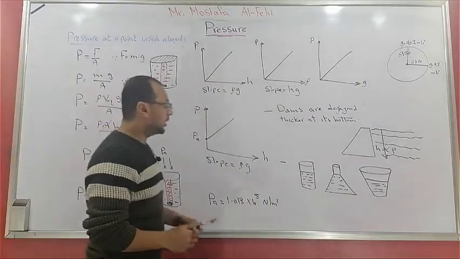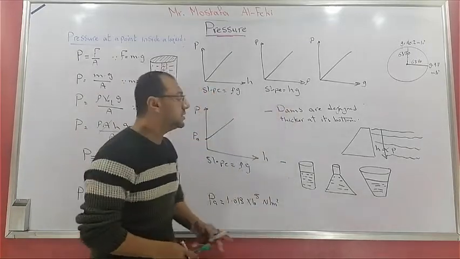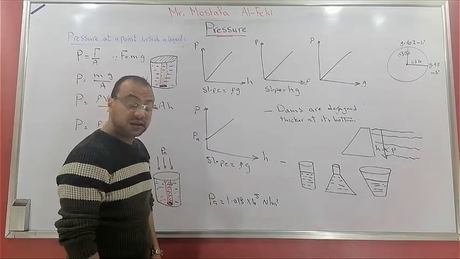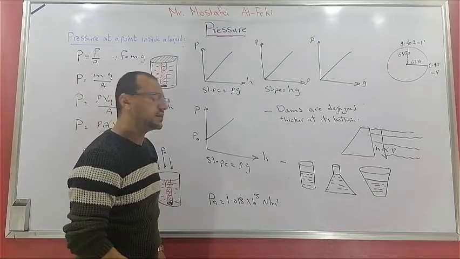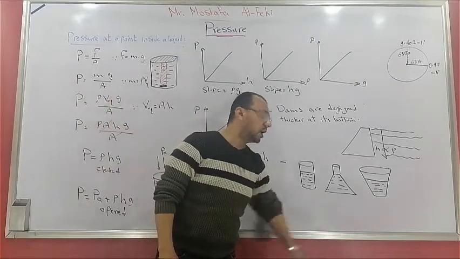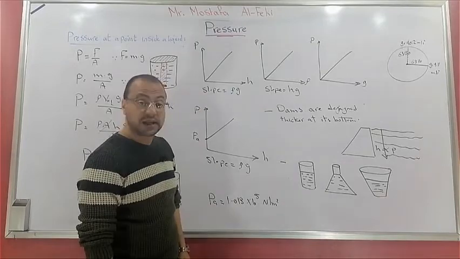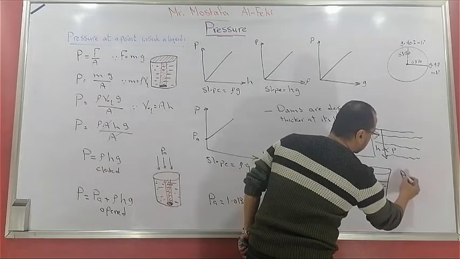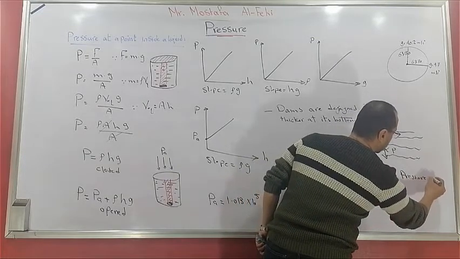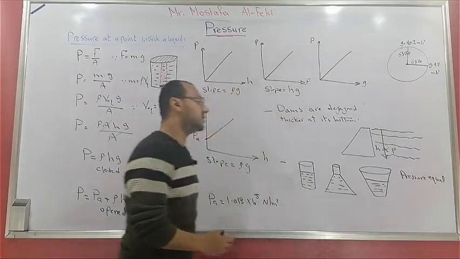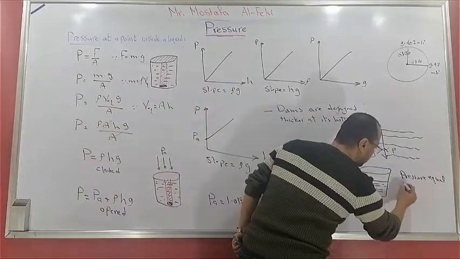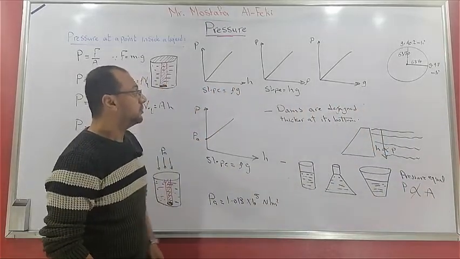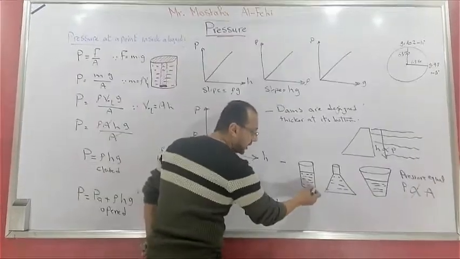Another point, from these three different containers, what is the pressure acting on the three different containers? The pressure here is the same. Although they are different in the cross-section area of each container, the pressure is equal in the three containers. Why? Because pressure doesn't depend on the area. Pressure at a point inside the liquid,